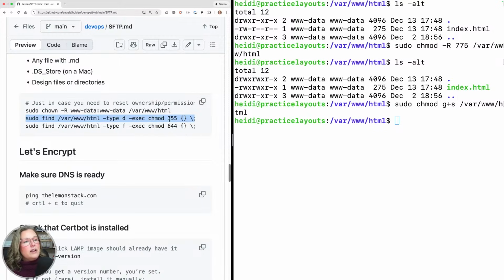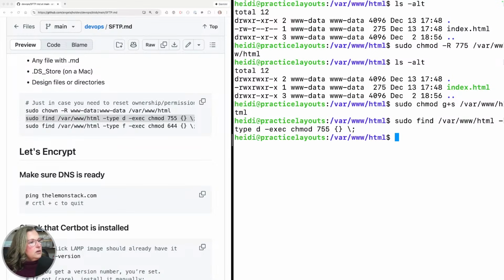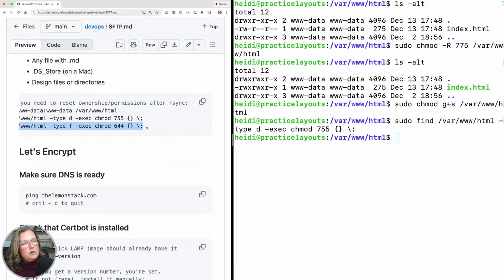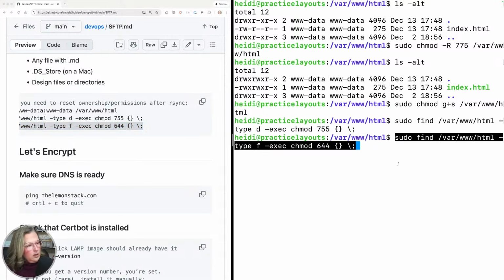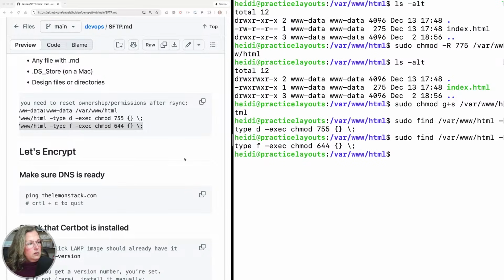So I want the directories to be 755. And I want the files to be 644. So now if we